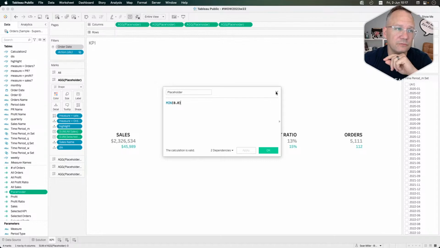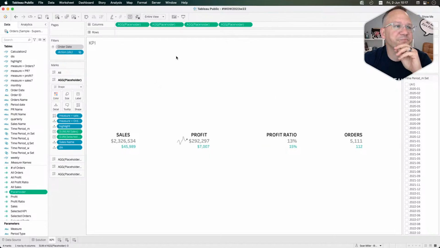That makes it a float in case you need to change your axis to get it lined up right. And then I just created 4 columns. That gave me 4 separate marks cards. And within a separate marks card, you get to do whatever you want. So you can make each one different, right? So pretty cool. Now what I need to do is